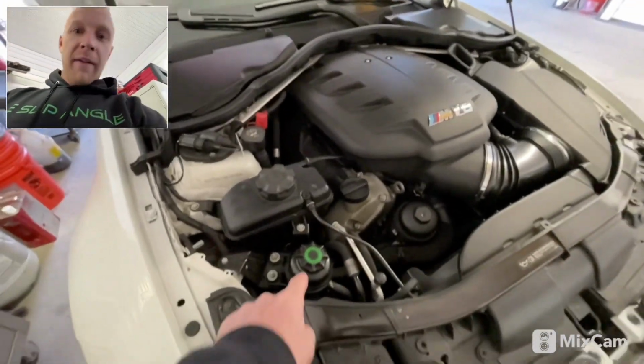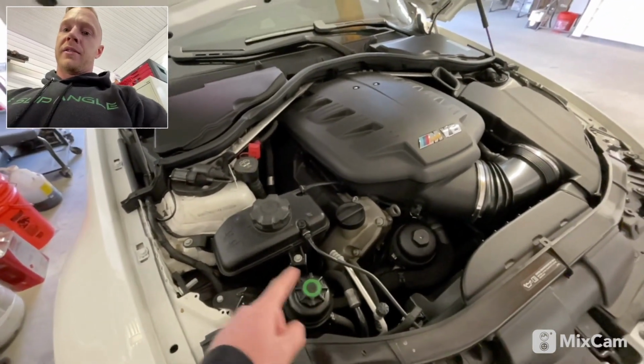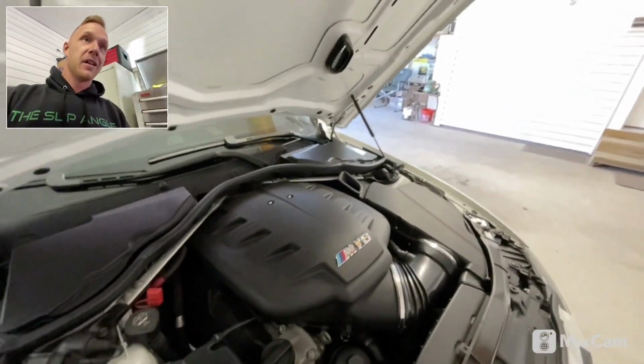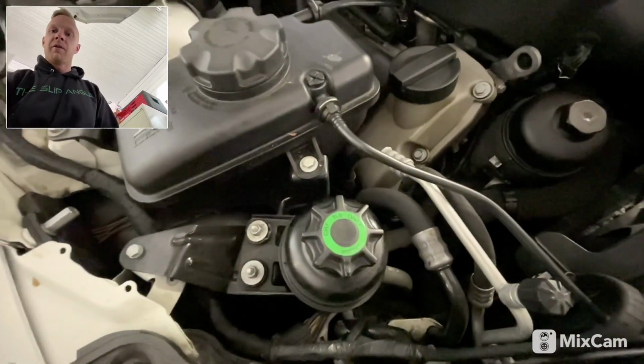I do also have a new power steering reservoir. Pretty common problem with these cars when you do track days, you do a lot of back and forth, or you do some hooligan crap like I like to do. Power steering leaks out, shoots up, splooges on the hood, so I gotta clean all that up. So I have a power steering reservoir from Beamer World,